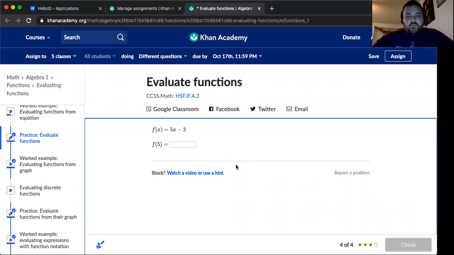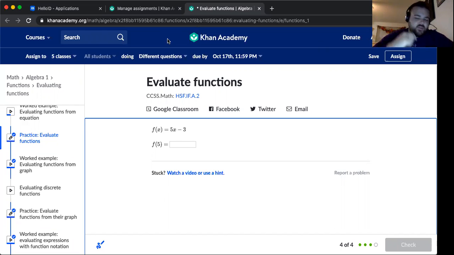All right, so here you go. We're gonna talk about evaluating functions. All right, so we're working in Khan Academy here on a couple of different problems. We're gonna do 4 problems together. All right, and we are just going to work on function notation and how do we evaluate functions for a